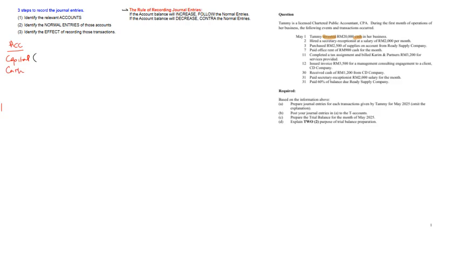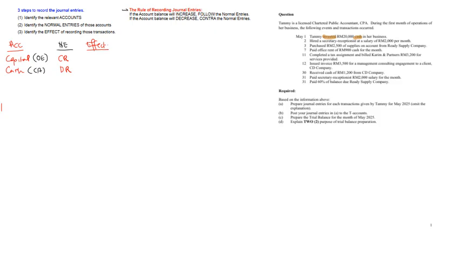Capital is classified under owner's equity, as for cash is current asset. So now we need to know the normal entry. The normal entry for all equities, with some exception, but for capital, it's always credit. Cash, on the other hand, is always debit. And the third one, for us to identify the effect of recording this transaction to the account balance in the business,